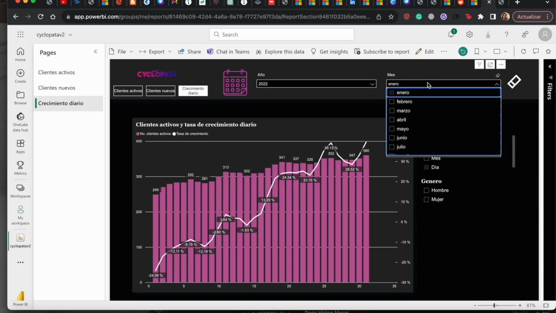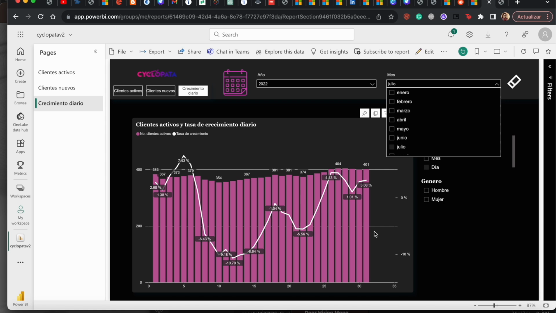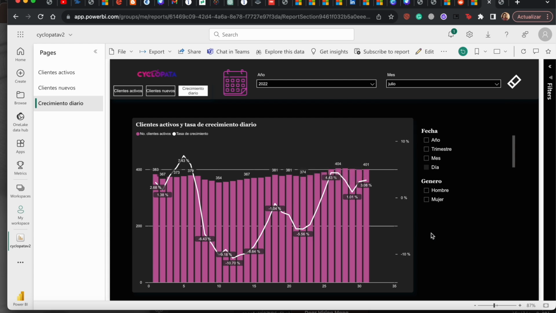But if you compare it with, let's say, July, it's a little bit different. It starts strong, but a lot of people, when there are summer vacations, tend to go on vacation, and that's why it gets lower. But at the end of the month, a lot of them come back, so it gets higher. So it's an interesting way of seeing how the clients are behaving,